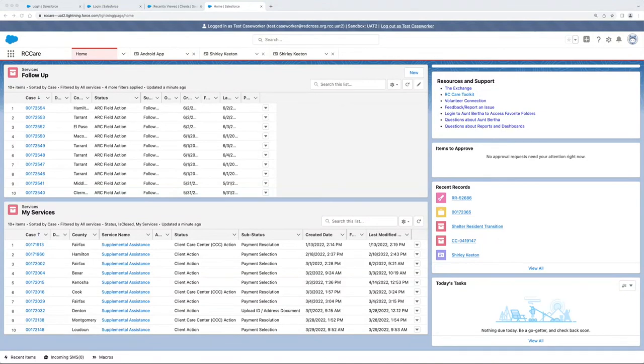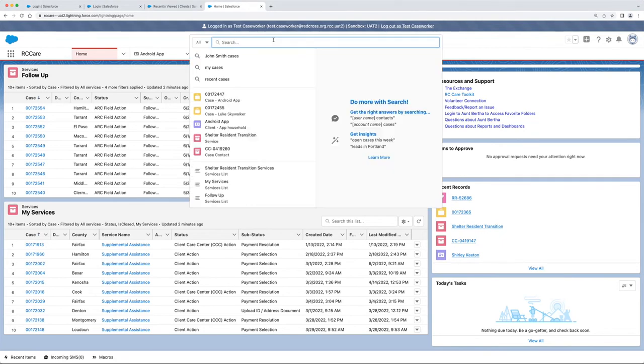I'm Flo Hankin, and I'm going to demonstrate how to provide external referrals in RC Care. This demo goes through the shelter resident transition service, but the process is similar for the individual disaster care and recovery planning services. We will begin by entering a case number in the search bar